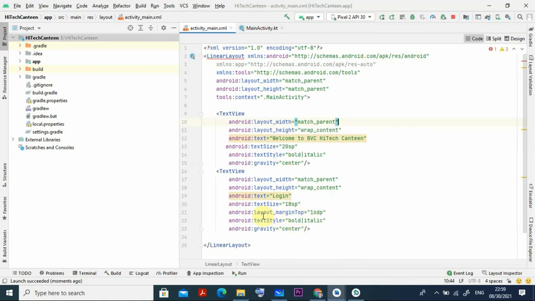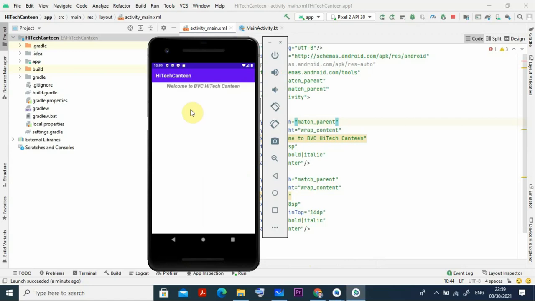Why it is happening, I don't know. Login match parent, width is equal to match parent, and height is equal to wrap content, it is okay. Then under layout, everything is fine, so there is no reason why it should not come. But anyway, that we can overcome, that is not a problem. That login page should appear here.